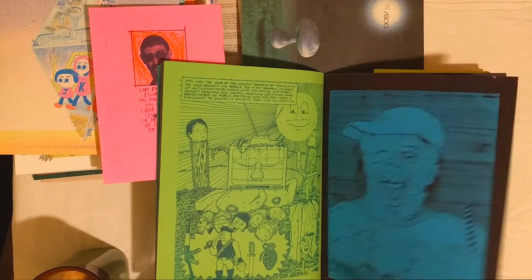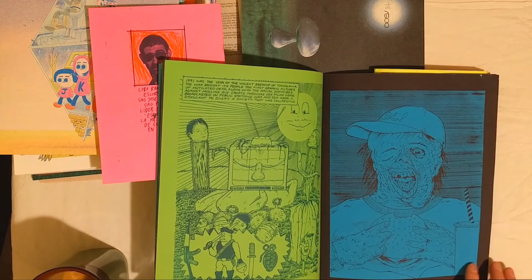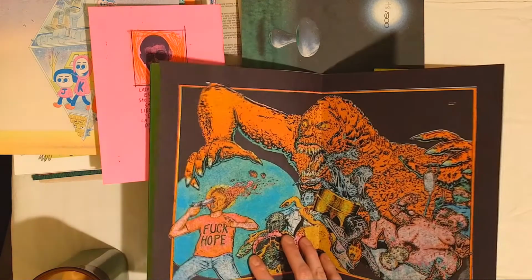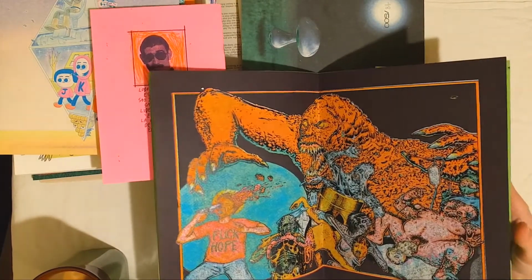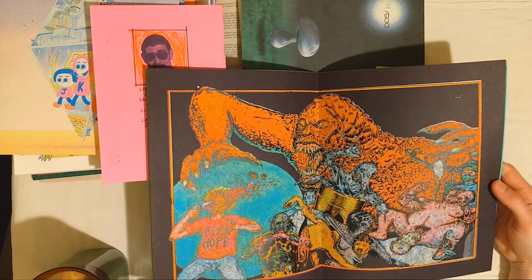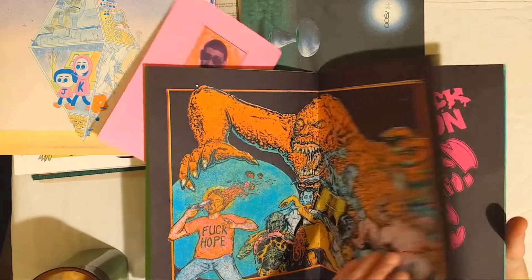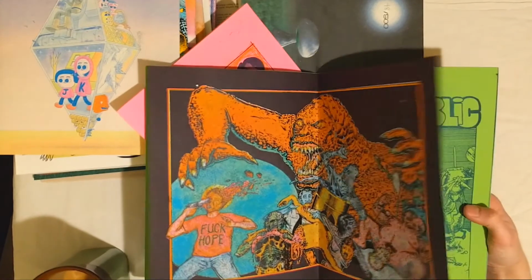But yeah, man. Okay, so you can feel what's screen printed. I think that's a screen print. Maybe I'm just stupid to even try to guess, but speculating, I mean, that has to be a screen print. The colors though, how do you achieve that many colors in a screen? It's like 7 colors, 8. I don't even know, man. There's some serious, I mean, some of it's blending and